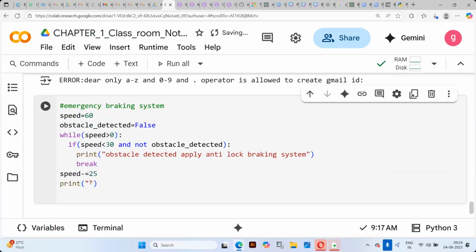Then slowly the car or vehicle is stopped, isn't it? If I execute now, what happens? You see,